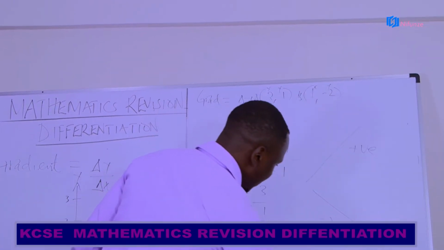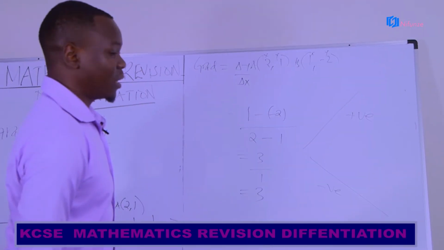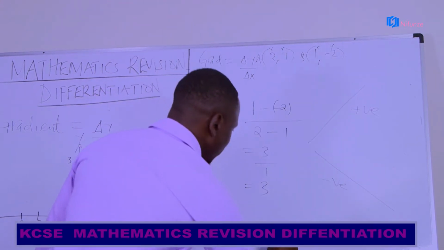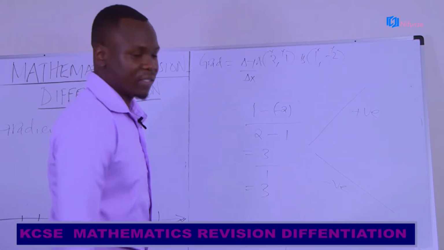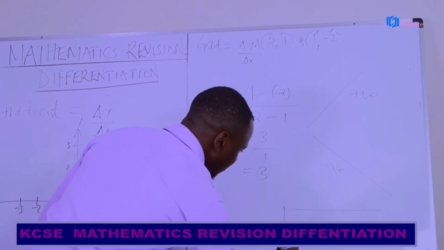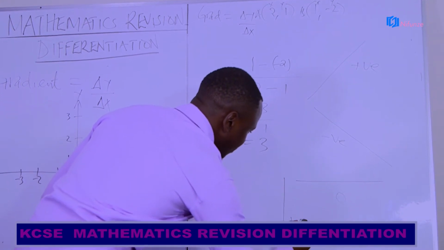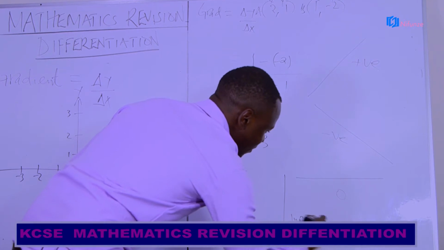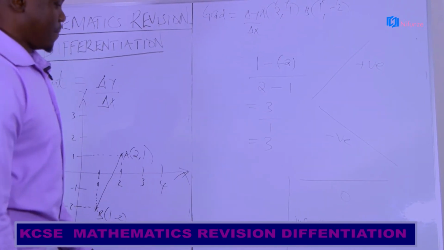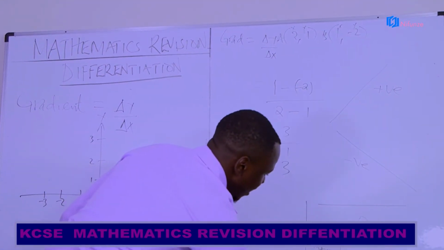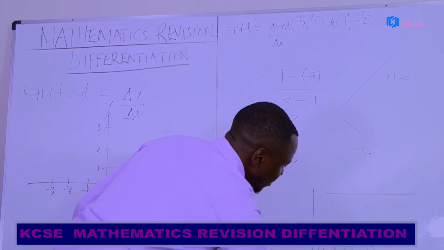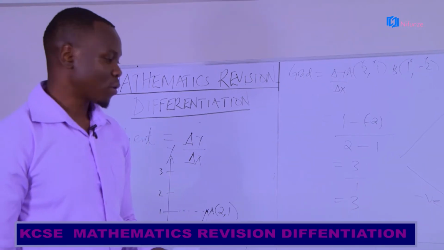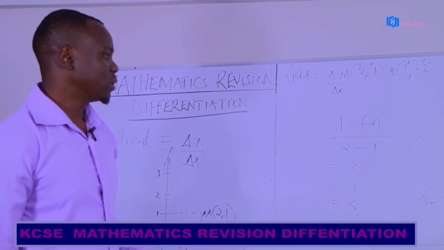And a line which is horizontal has a gradient of 0. And for a line which is vertical, we said it has a gradient of infinity, or it is undefined. This knowledge is very key because we shall be using it in working out some problems in this particular topic